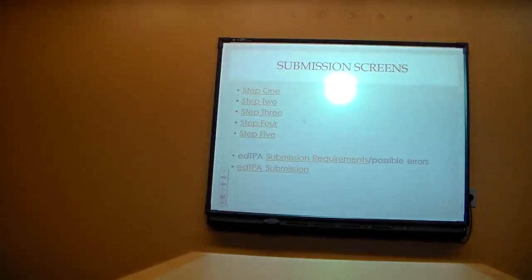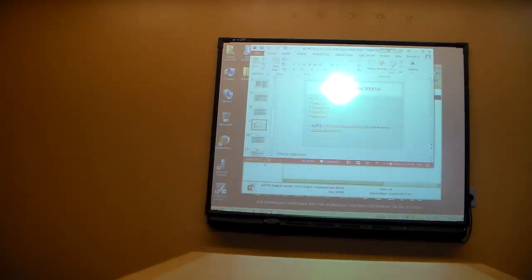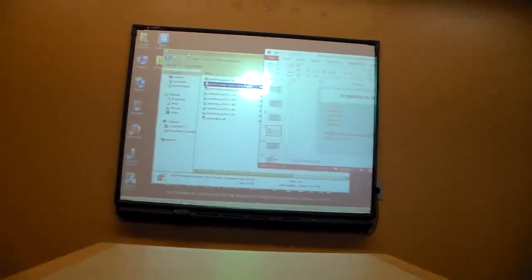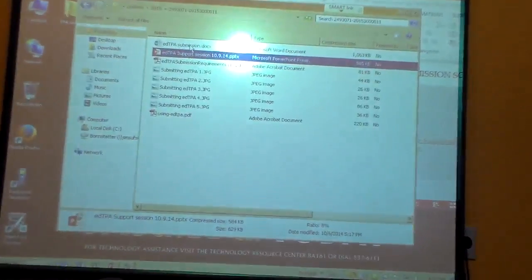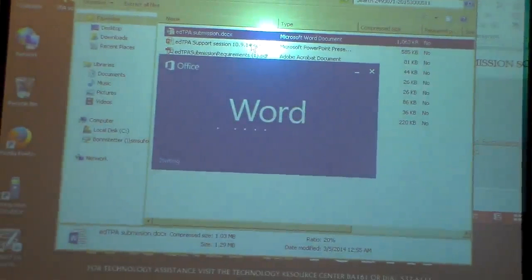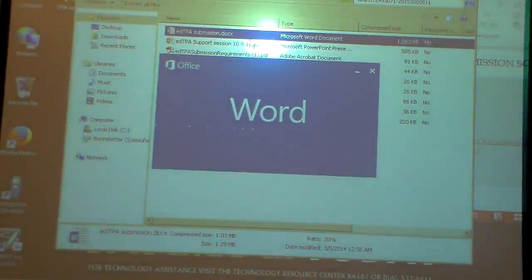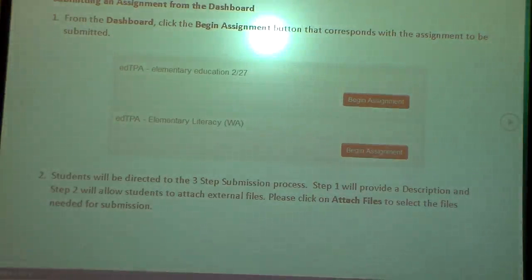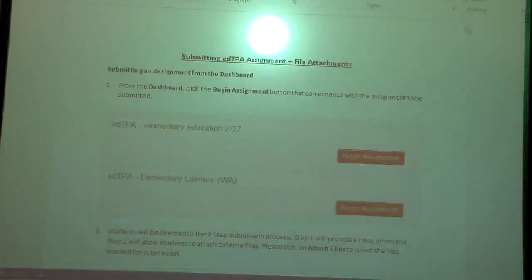Okay, so I'm going to see if these work, and if not, I do have them loaded here. Yeah, it's not going to work. All right, I'm going to come back. Guys, back here, I have most of these. Okay, so we'll go back and look. Here's the submission file. This will take a minute. They've got the new system loaded here, and it takes forever. All right, so